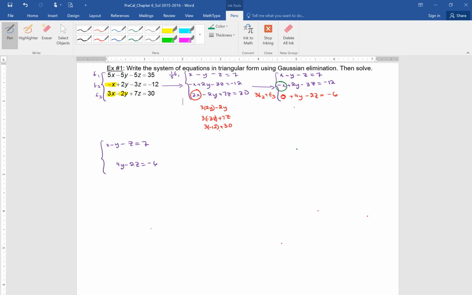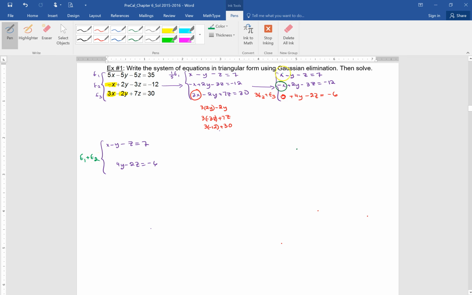All right? So now I'm going to start adding. So what I'm doing, again, make a record of it so you know afterwards, and you can trace your steps if you have to. I'm going to add equation 1 plus equation 2. So I write that off to the side here. E1 plus E2. Now, let's add